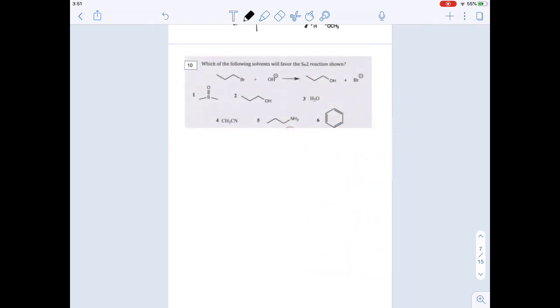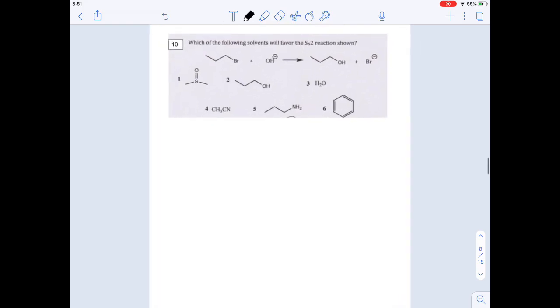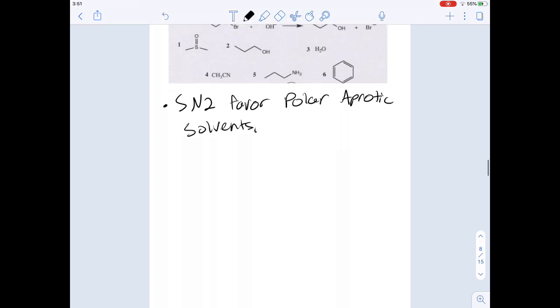So multiple choice 10 asks, which of the following solvents will favor the SN2 reaction shown? Honestly, the reaction doesn't really matter that they give it to you. All you have to know about this is that SN2 reactions favor polar aprotic solvents. And then you have to know what they are and what their structures are. Okay? So I'll give you my list, which I've already done a couple times, but, you know, the more the